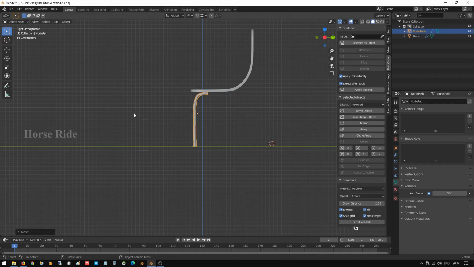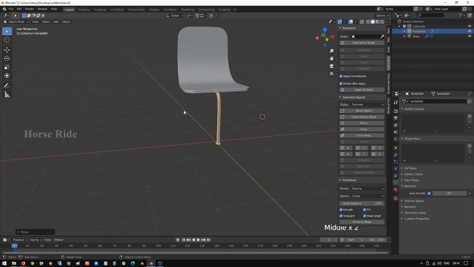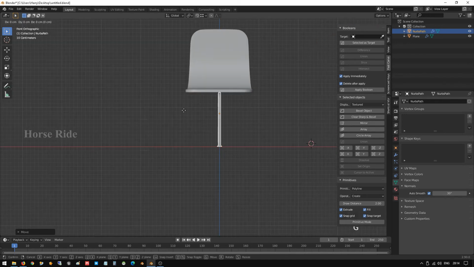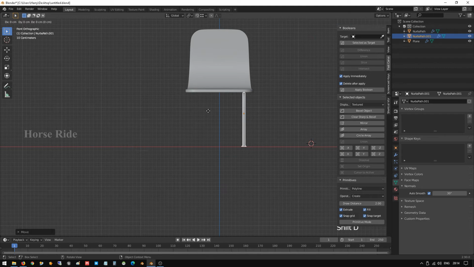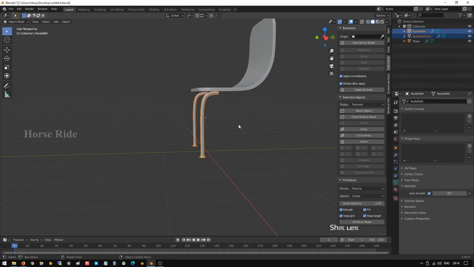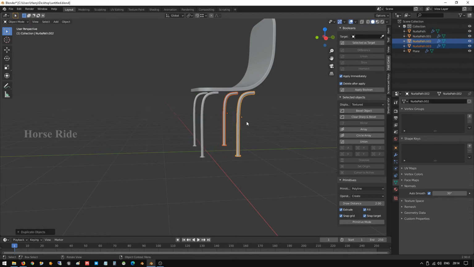Okay, now we have moved it and we are going to add the chair's three legs. Press 1 on the keyboard and G X, move to the angle, and press Shift D and X to duplicate the chair leg, and select two legs using the Shift key and Shift D and press Y to move towards the Y axis.